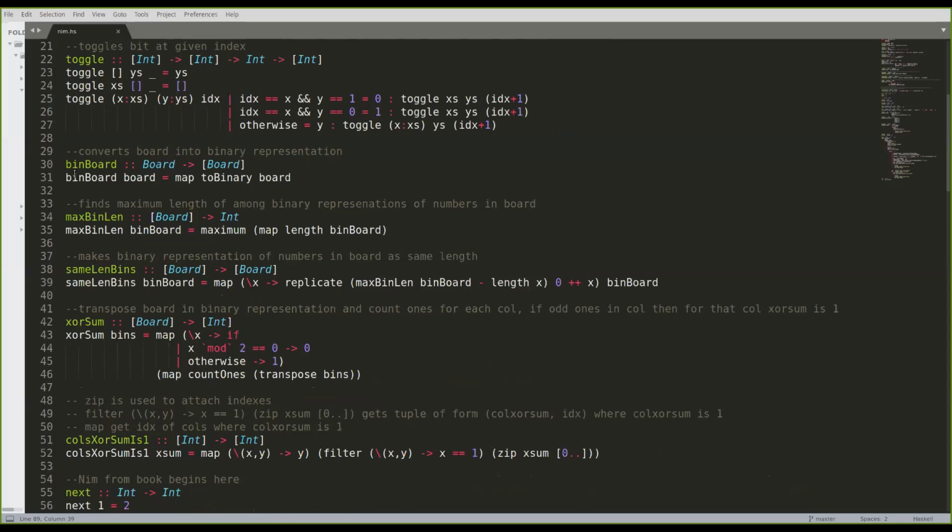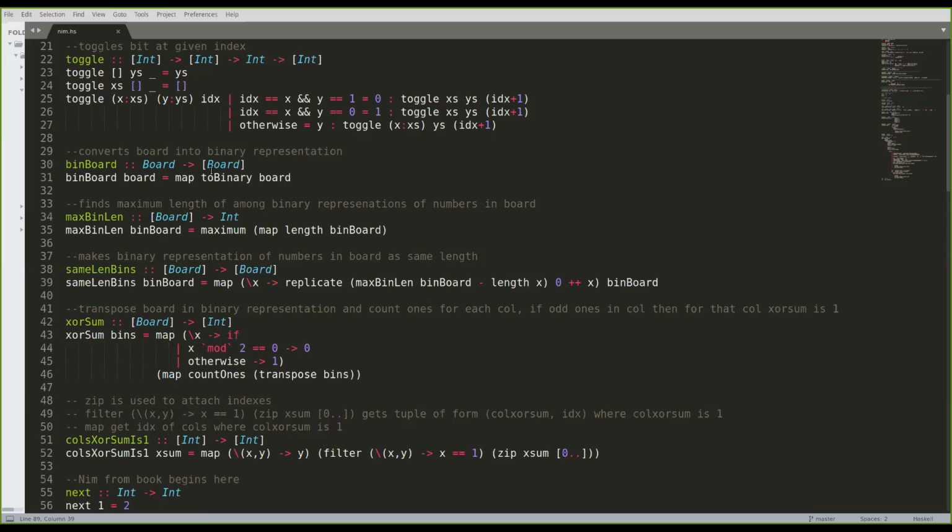I will explain it from here. This is binBoard, so it takes a board and outputs a board. It maps toBinary to the board, meaning all the board elements will become binary.